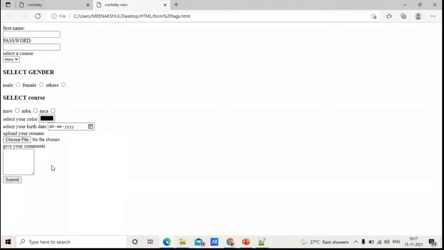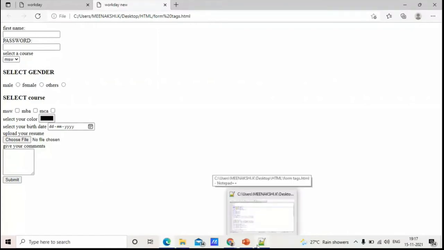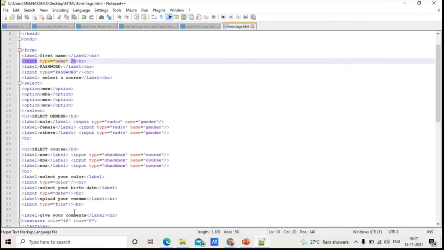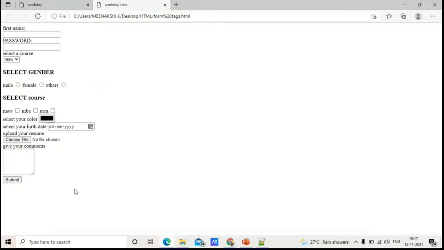Okay, and in some cases they will be asking to upload your file, here I have given an example for uploading your resume. If a browser is asking to upload any file, how are we going to code this? You give input type equal to, within the quotes, file, and close the angle bracket with a backslash. The label I have given is "upload your resume". When I execute it, this file input will be seen. So the choose file tab will be opened.